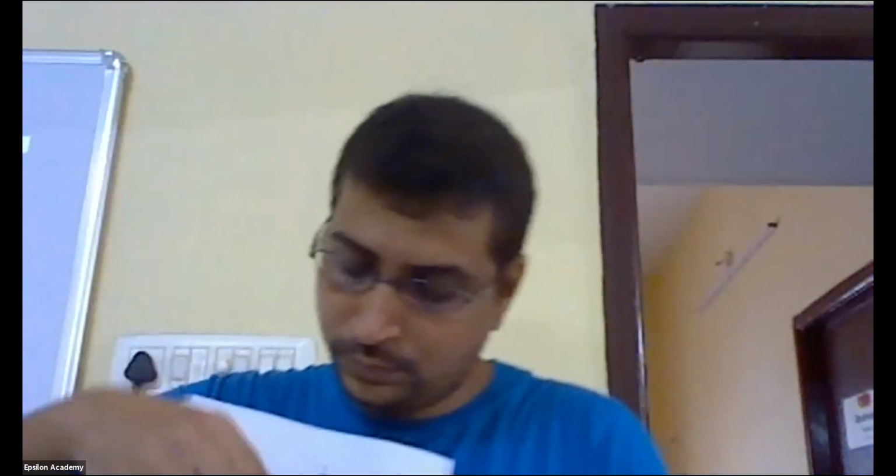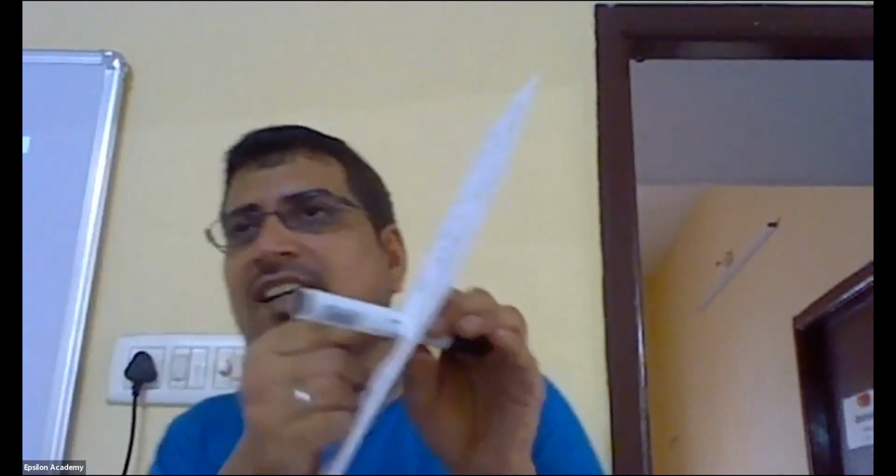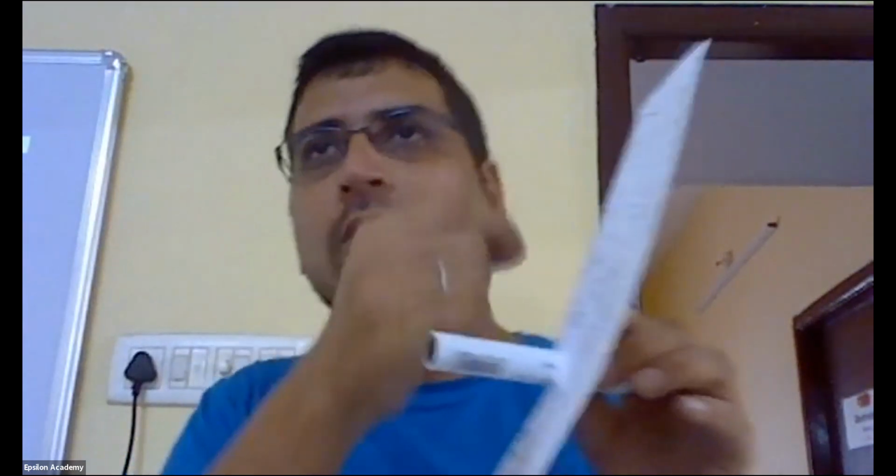Now is it better? The string is passing through the center. This is the center of this dipole, and this is the axis. So this axis and this axis are exactly meeting at the midpoint of the dipole. Along this axis, if you consider a point, that point is technically called an equatorial point. This is the point where you are going to calculate the electric field due to a positive charge and a negative charge. I hope you are able to visualize it.